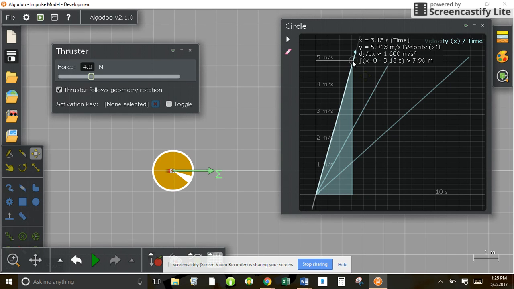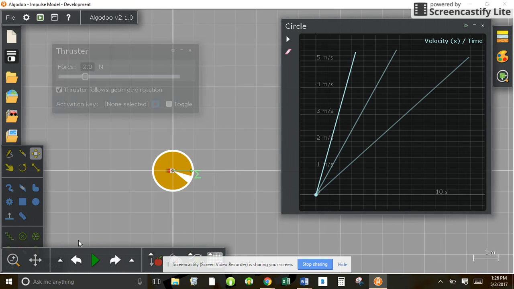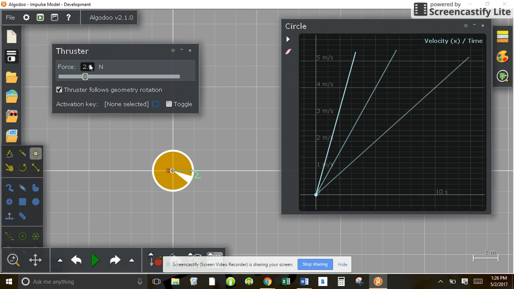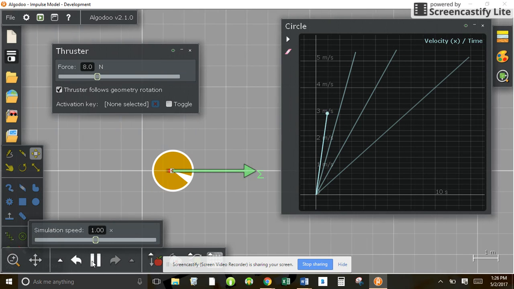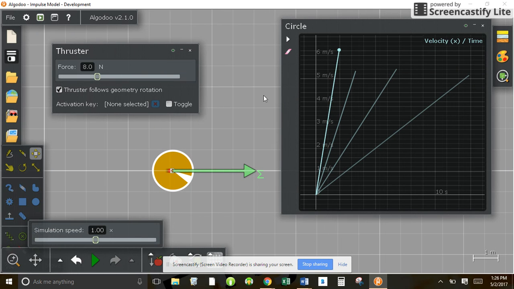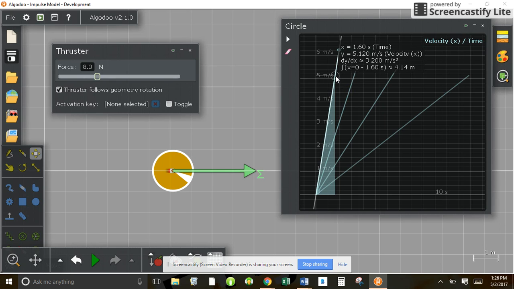This one we're going to have to estimate. We'll round to 3-digit significance. That's pretty good. 5 meters per second in 3.12 seconds. Now we're going to try 8 newtons. Here we go. And it very quickly gets there. 5 meters per second in